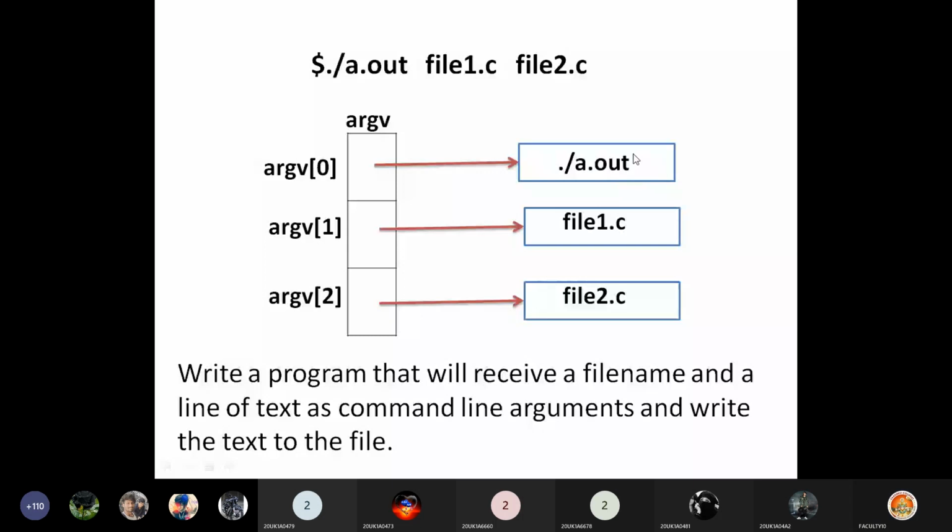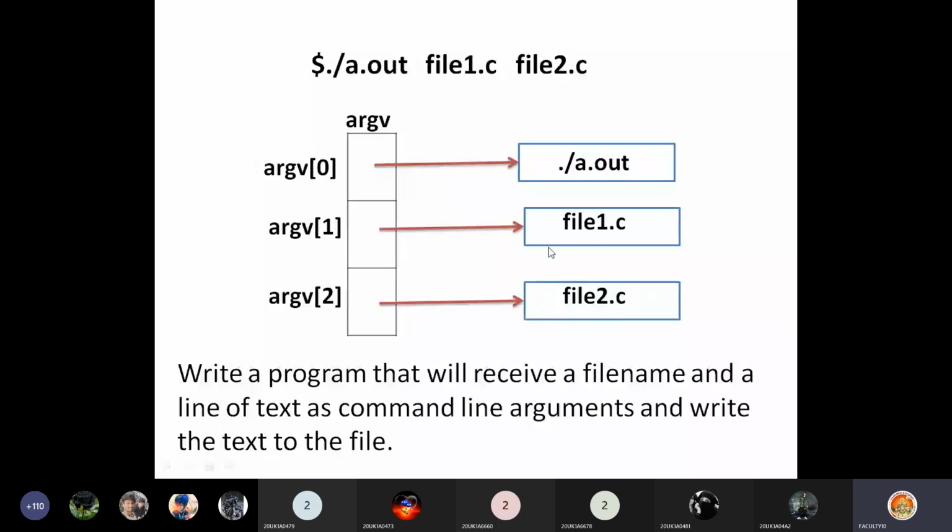a.out you have entered, no? That a.out will be stored in some temporary memory, and that memory address will be stored in argv[0]. And file1.c is stored in some temporary memory, and that address will be present in argv[1]. And file2.c is stored in some temporary memory, and that address will be stored in argv[2].